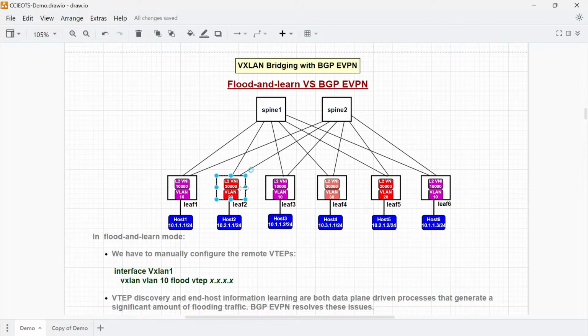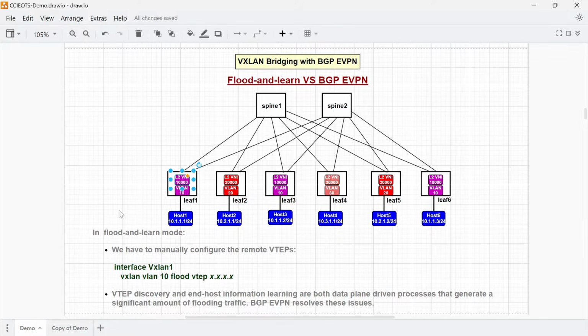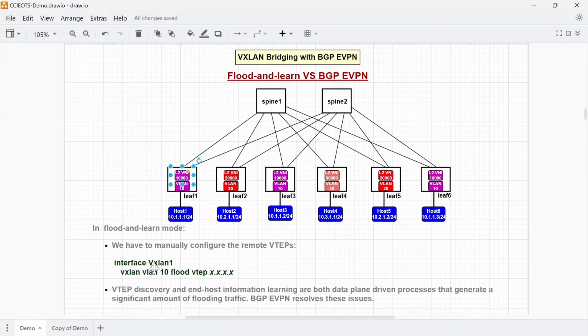It cannot send to all the leaf switches like leaf 2, leaf 3, leaf 4, leaf 5, leaf 6. So we need to tell this leaf switch where the hosts in this subnet, in this L2 VNI, reside. In the case of VXLAN flooding, we mention that explicitly here. You see, in flood and learn mode, we have to manually configure the remote VTEPs. So here, in leaf switch 1, we will configure it manually and tell the switch